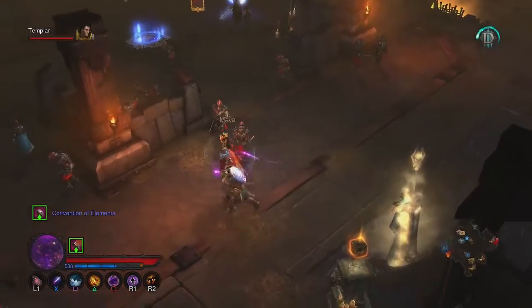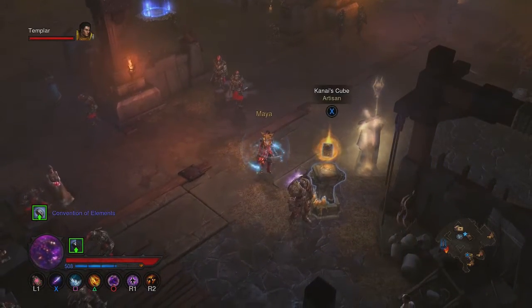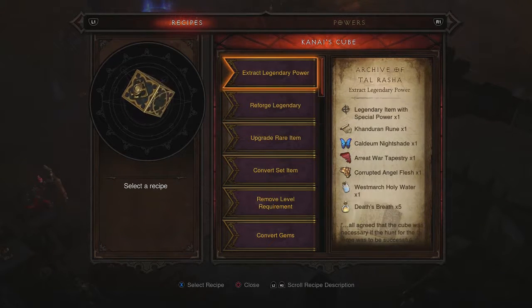So as I said, when you get back to town, you're going to find Zoltun Kulle. Now he's actually got the Kanai's Cubes with him. When you access this, what you'll notice is a little list of different things for you to do. And I definitely say that the biggest thing, the game changer, is going to be this Extract Legendary Power. Now when you extract a legendary power, basically that is taking